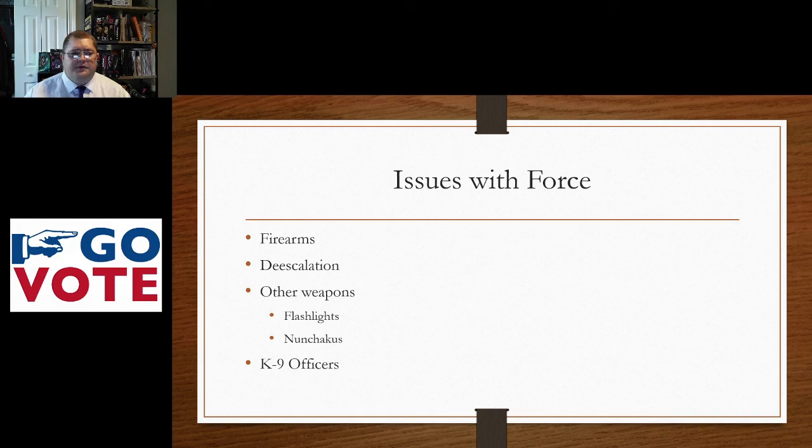One that was even more strange is the use of nunchucks, a weapon popularized by the Bruce Lee movie Game of Death. Also, Michelangelo of the Teenage Mutant Ninja Turtles. Oh, I should have had one right where I could show them. But there was a department in California, and other departments have tried this in the past, that wanted to use that weapon as an impact device. It can be used as an impact device.